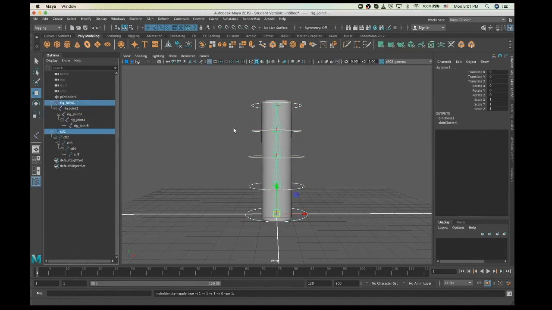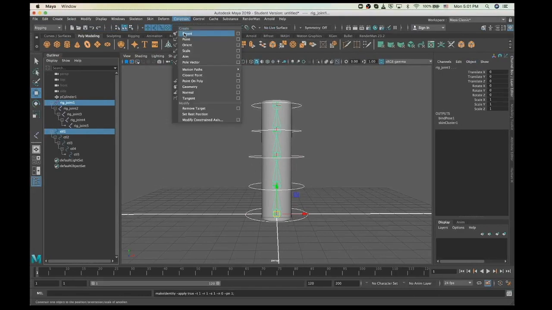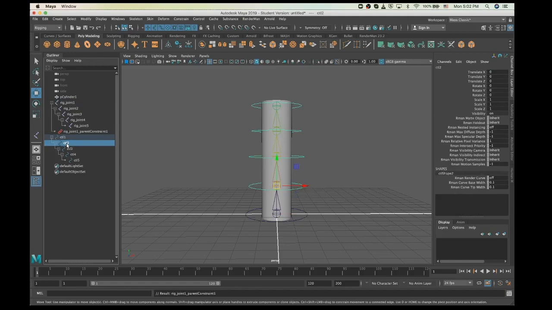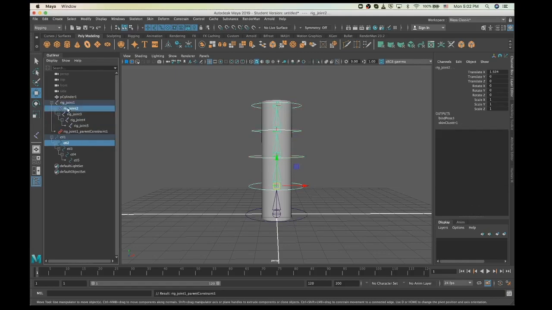So I go to constraint and parent. Now you can see it creates something like a chain here, which is what you want. Okay, so again, control 2, oh no, not like this, and then joint 2,